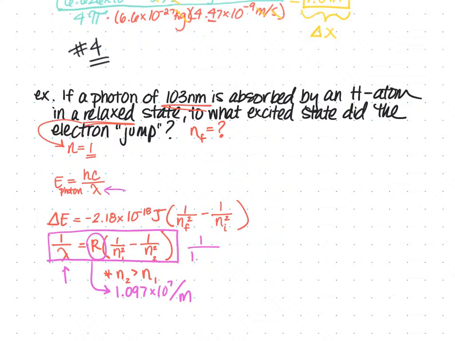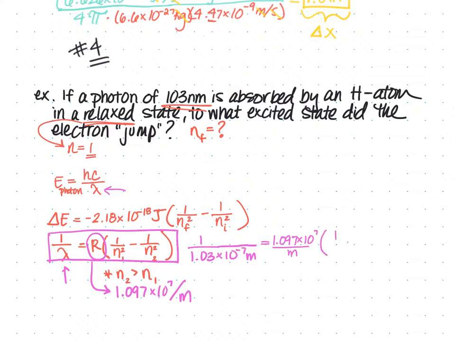So I'm going to say that my wavelength is 1.03 times 10 to the negative 7 meters. I did a quick conversion in my head, but you might need to write that out. That is equal to the Heisenberg constant, 1.097 times 10 to the 7 per meter,